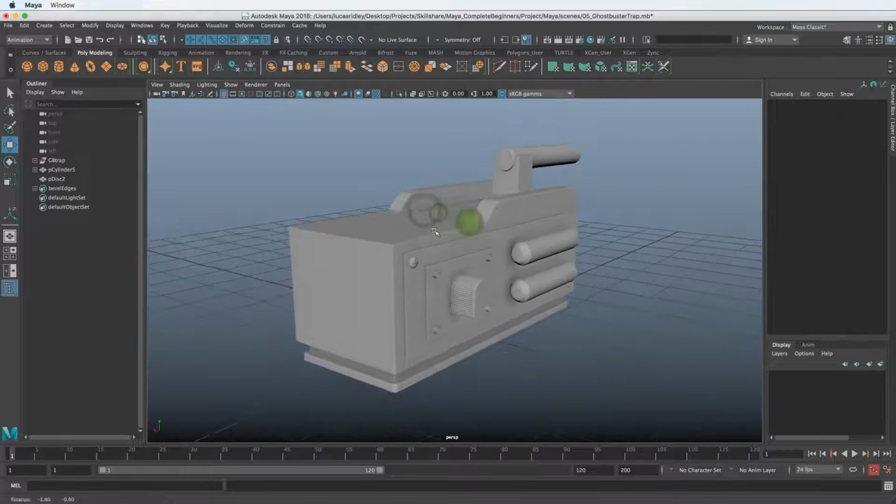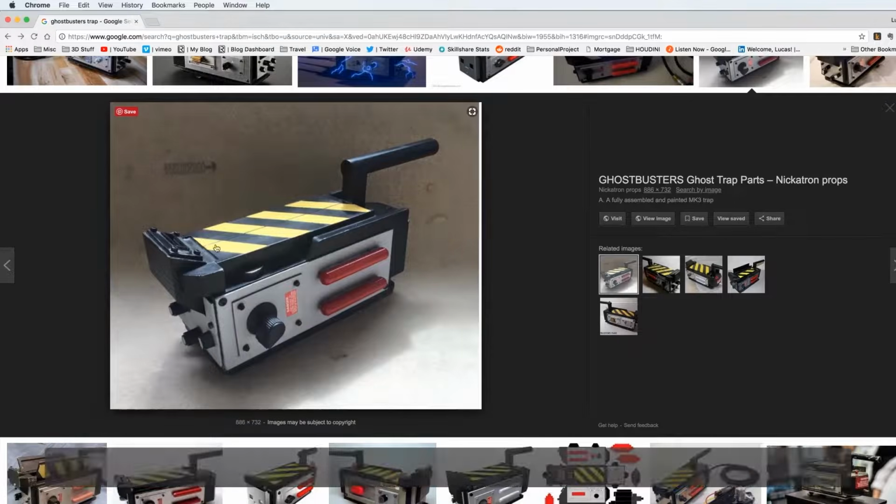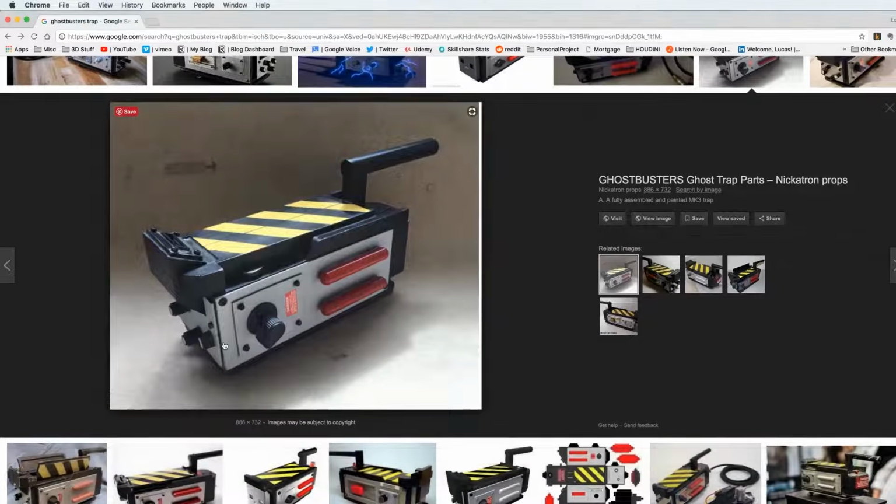In the next lesson, we will create this top structure really quickly. And you can do the same knob thing here. You can just duplicate this one out, add those, but the next thing we'll do is just finish up this model and complete the top, and we'll move on to a character in the next series of lessons about 3D modeling. Thanks for watching, and I'll see you in the next lesson.